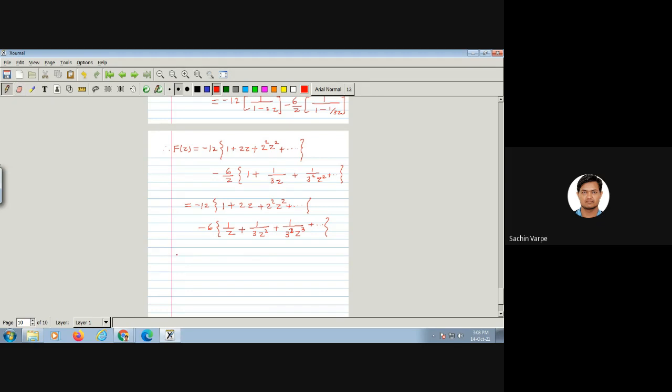Therefore in first expansion, कोएफिशिएंट ऑफ z रेज टू k क्या होगा बताओ, z रेज टू k का कोएफिशिएंट क्या होगा इन द फर्स्ट एक्सपांशन, इट इज -12 इंटू, दिस इज कोएफिशिएंट ऑफ z रेज टू 0, राइट, z रेज टू 0 का कोएफिशिएंट 1 है, z रेज टू 1 का कोएफिशिएंट 2 है, z रेज टू 2 का कोएफिशिएंट 2 स्क्वायर है, मतलब यहां देखो, इसको मैं ऐसे लिख सकता हूं, 2 रेज टू 0 z रेज टू 0, 2 रेज टू 1 z रेज टू 1, 2 रेज टू 2 z रेज टू 2, तो z रेज टू k का क्या होगा बताओ, 2 रेज टू k ना, and k varies from 0 to infinity.